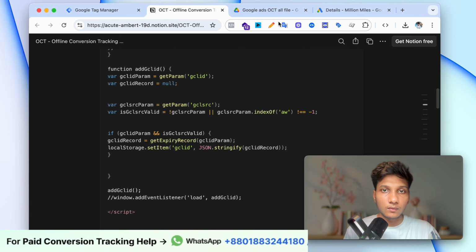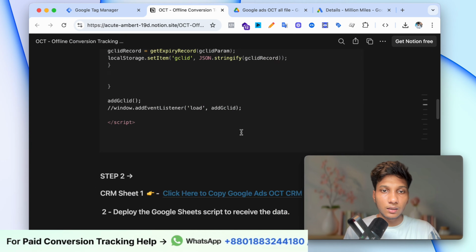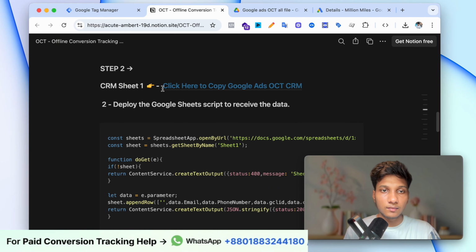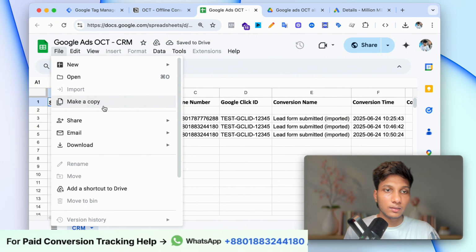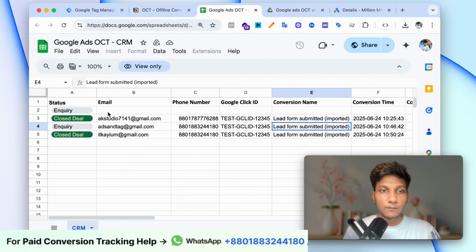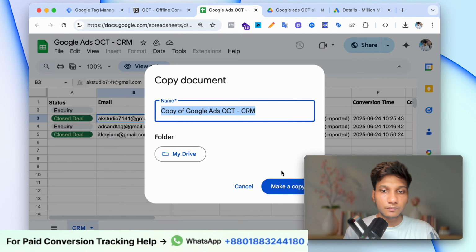So you have to go to my blog post here, and then click CRM Sheet 1, and copy the CRM sheet. Click here and click Make a copy. Yeah, you have to click Make a copy, and then what we need to do is click here on Extensions. For example, if I click Make a copy now,